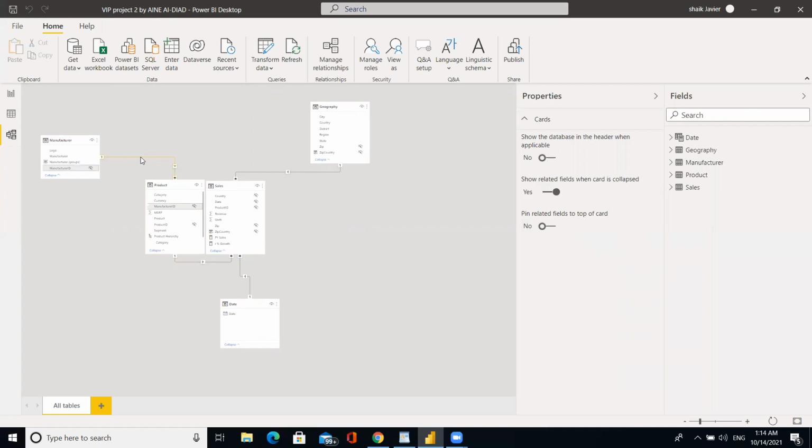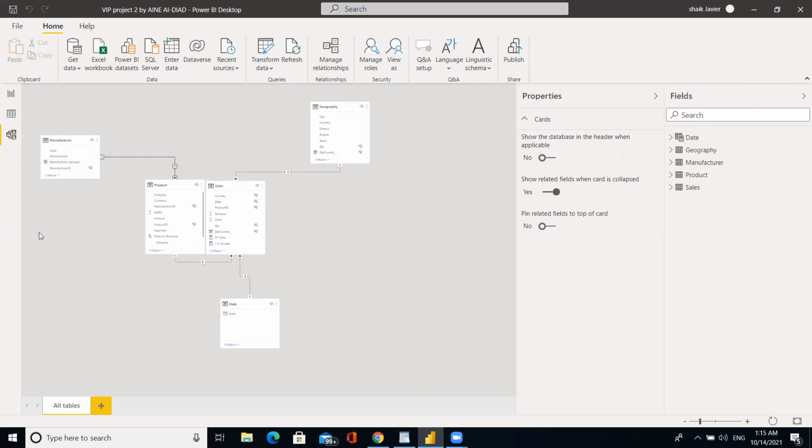Suppose we click on this line, it shows which product we are connected to. See, manufacturer ID and manufacturer ID. There are two common sources. Like this, we can see which line is connected to what: zip country and zip country. Then next, product ID and product ID. The product table has product ID, and sales has product ID. So mainly we link the data with similar sources only. See, date and date here also. We get the data from these similar common sources.